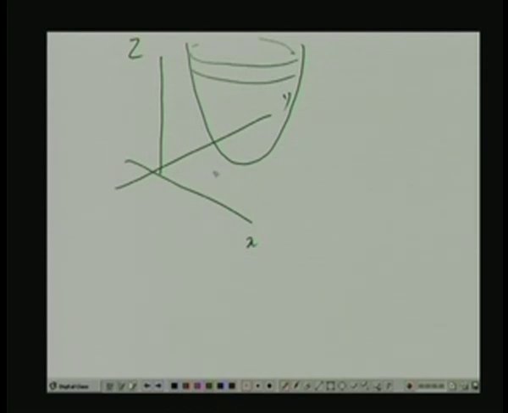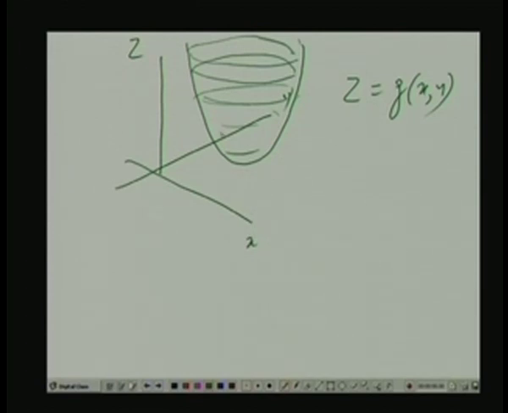It is basically a surface, a bowl shaped curve. These are the contours actually. So, this surface is given by z, which is g of x y,